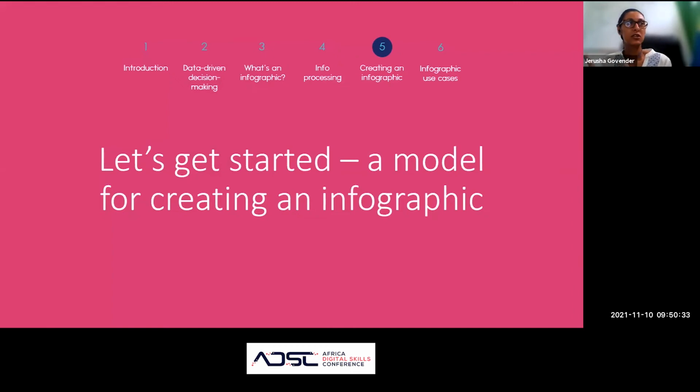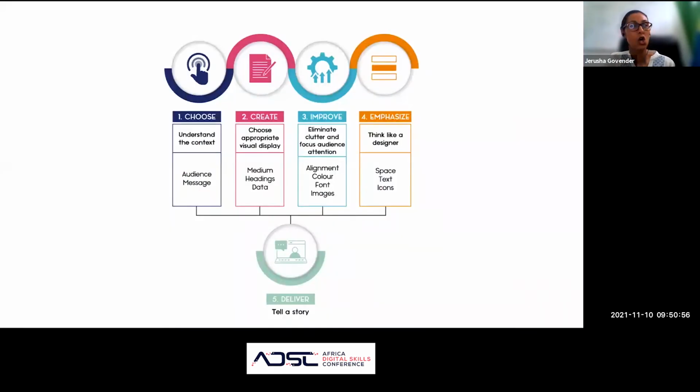So I'm going to get started so that you can see what the model is and quickly show you a case. So this creates what underpins how you create an infographic. And I'm going to share a model that we use for thinking about the infographic. This is really an introduction to the model, and I'm happy to share some resources so you can spend more time on it. And this model on creating an infographic, the acronym we use is